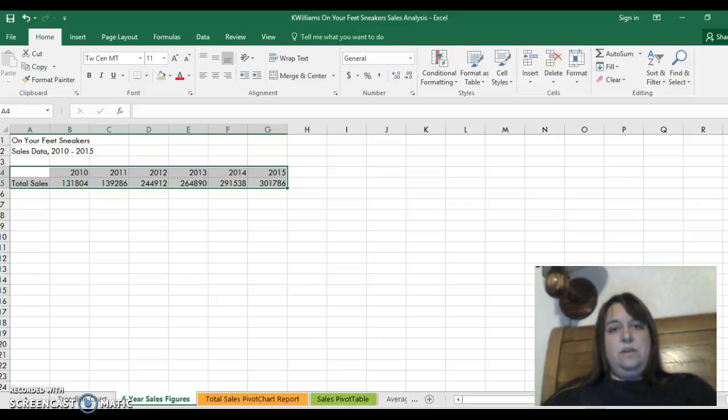Hi, here is my On Your Feet Sneakers sales analysis spreadsheet. First off, I'm going to show you the 2D line chart. On my spreadsheet, I've already got it changed and did the trend line, put that in. So this is the information that's highlighted that I want to put into the